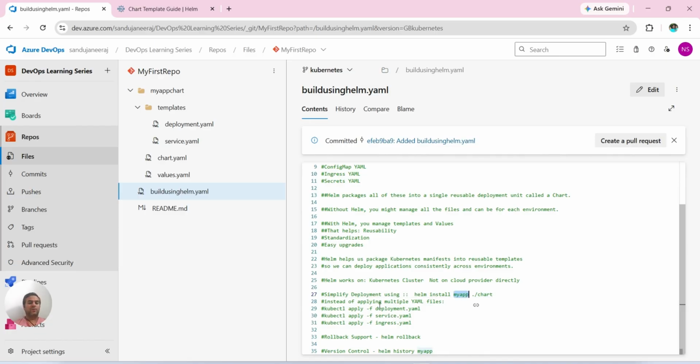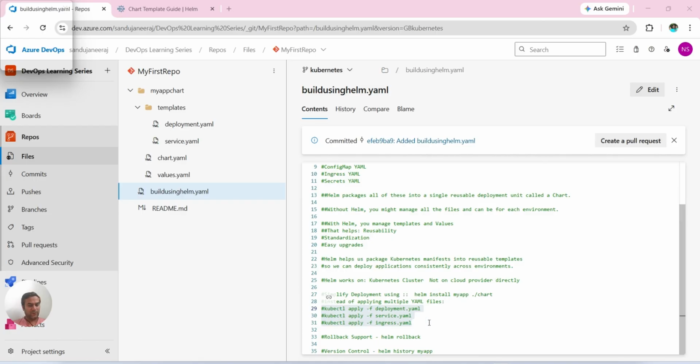Otherwise, you have to apply all those YAML files whatever is needed, and it is sometimes very difficult to figure out which environment you are deploying to, and to make sure that each environment has the appropriate correct deployment file, services file or